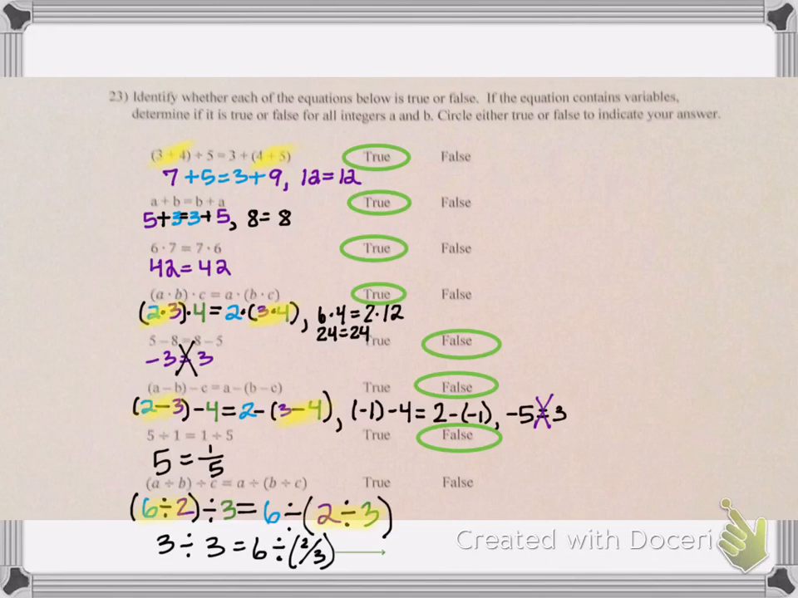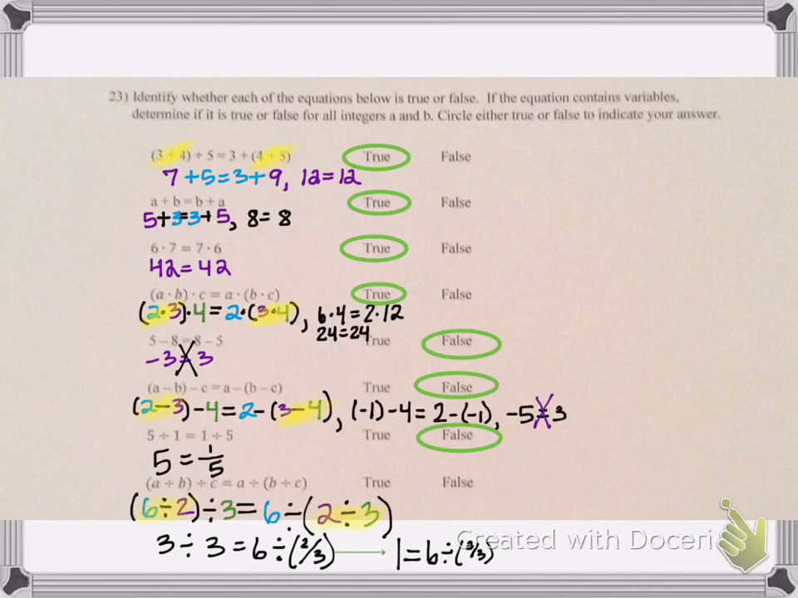On the left side, 3 divided by 3 gives me 1. Now on the right side, I still have 6 divided by 2/3. Now, we technically haven't talked about how to perform this division with the fraction, but I can tell right away